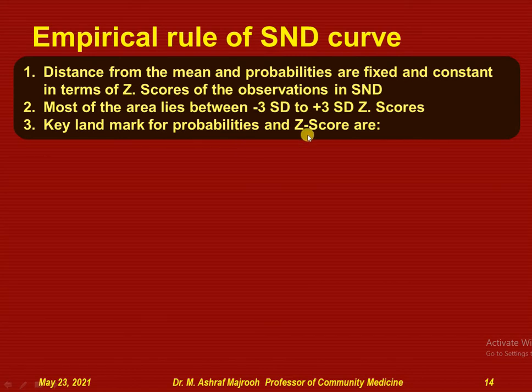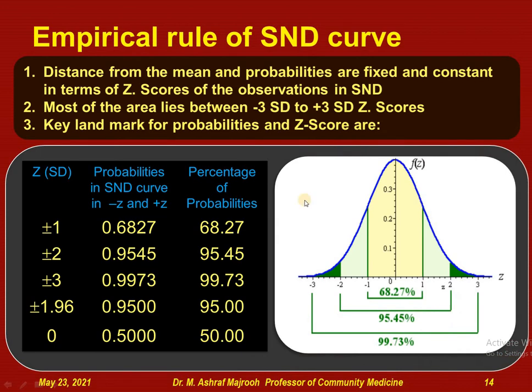Key landmarks for the probabilities in the z-score are, here if we observe within plus minus 1 standard deviation, 68.27% of the data values have the probabilities to fall within plus minus 1 standard deviation. If we talk about minus 2 and plus 2 standard deviation, the area between plus minus 2 standard deviation will cover 95.45% of the data values in the data set. And in minus 3 to plus 3 standard deviation, the probability of the data will be extended to